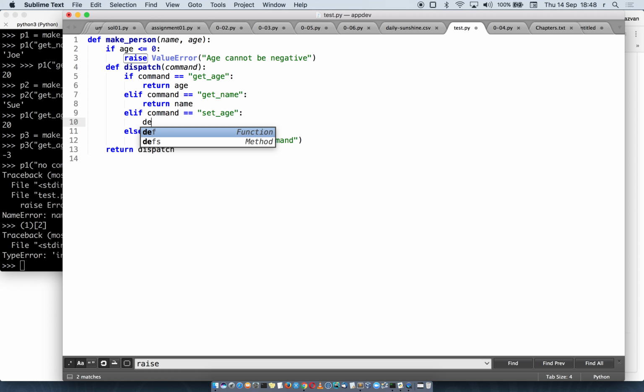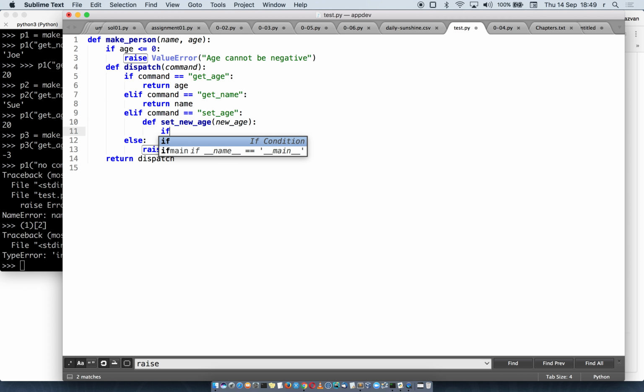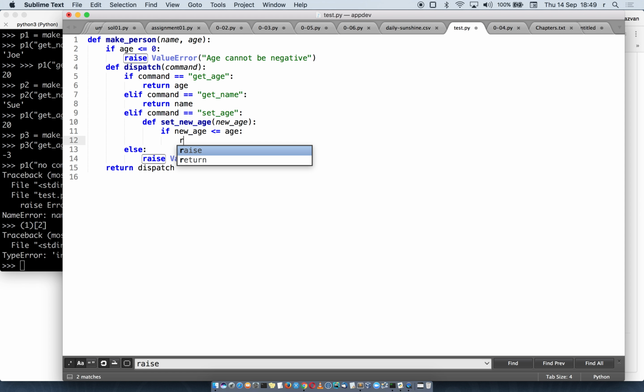Sorry. I have to do def. And we're going to have a new function called set new age. And this function takes a new age. And in here, if new age is less than or equal to age, we're going to raise value error